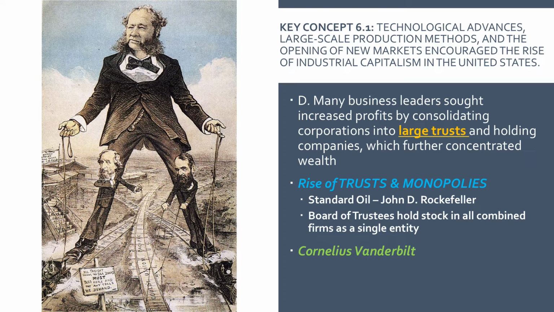Right? And that's kind of what this is showing here. I believe this is Jay Gould here, and this is James Fisk. And Cornelius eventually became the king of the railroad, or the Colossus. I don't know if you learned that in world history, the great statue Colossus where the ships would come through its legs. So that's Cornelius Vanderbilt. And a lot of these guys we'll talk about became philanthropists. He'll eventually donate, I think it's $1 million in the time period. I could be wrong about that number. And build Vanderbilt University in the state of Tennessee. Right, a lot of these very rich guys eventually get either schools named after them, libraries named after them, concert halls named after them. So yeah, so this was the rise of industrial capitalism.